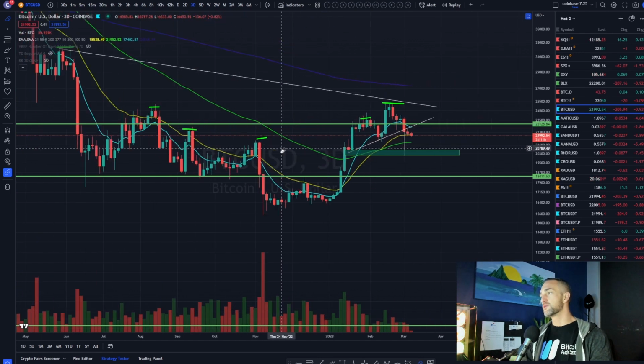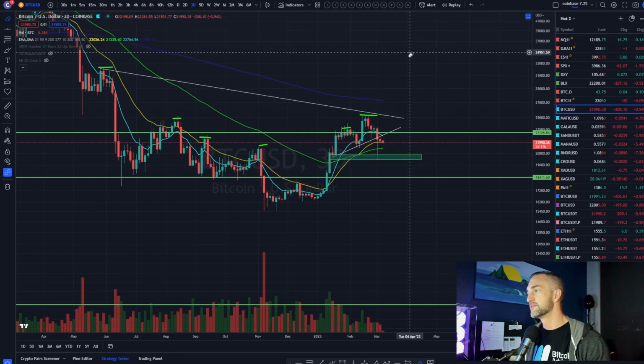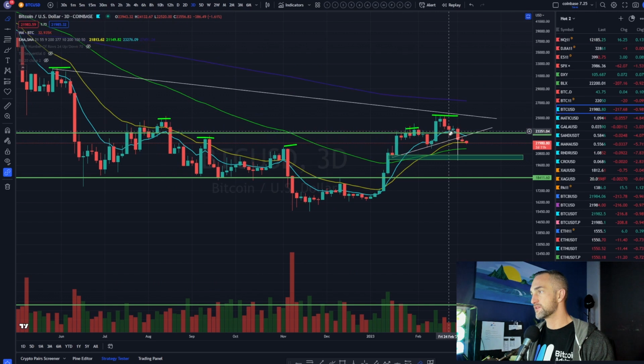People really want to hold on to the bullish news. They want to hold on to the bullish narrative so bad that I think they're missing some opportunity here. And we did call it out on this channel. The bearish divergence was confirmed right here on the 3-day time frame. Over a week ago, we talked about it and said very likely that was bearish and should get some continuation to the